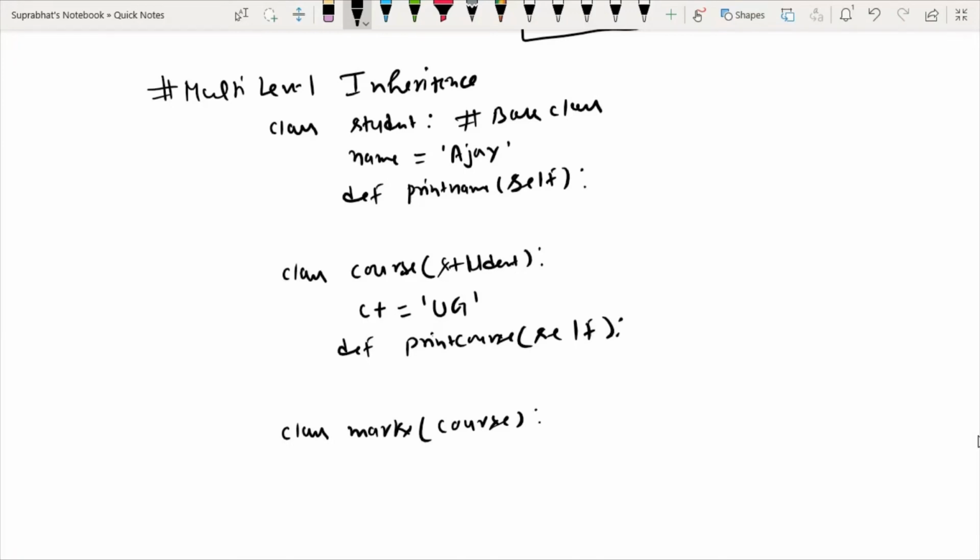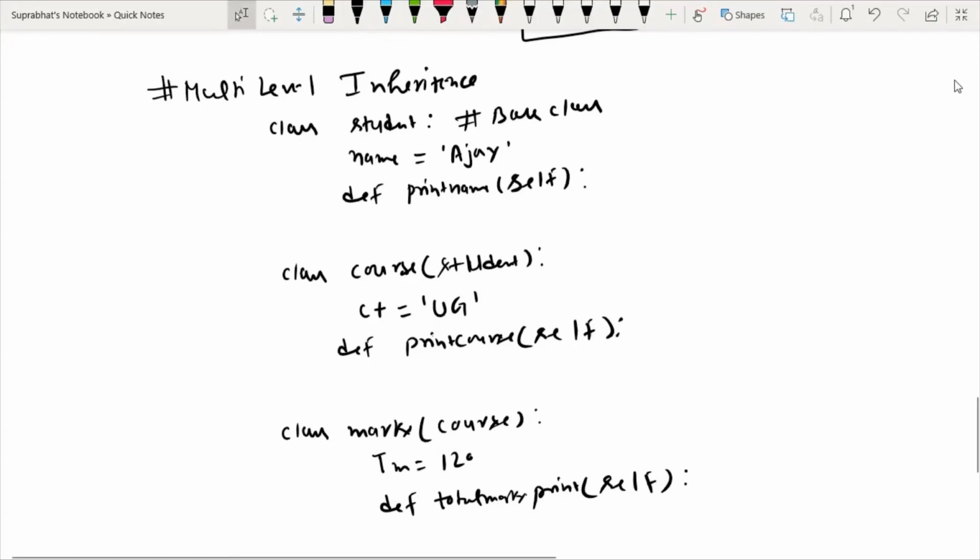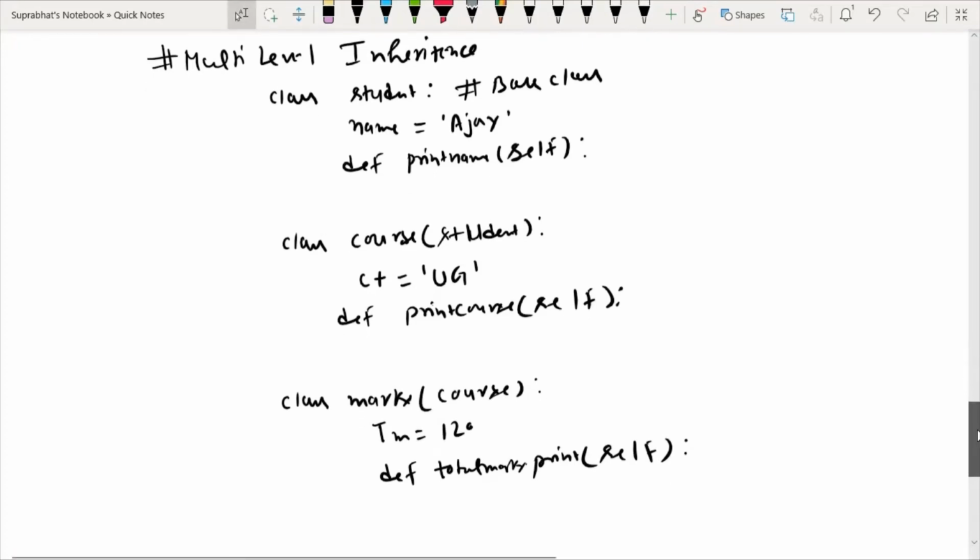In this class I have a variable total marks. Suppose I have taken 120, and its method def total marks print self. So now you can see we have multiple levels now.